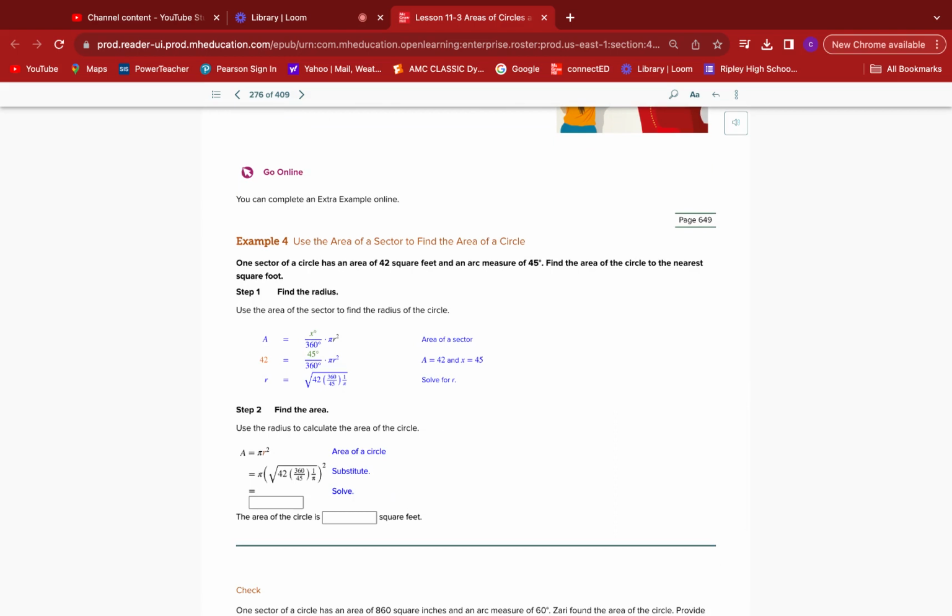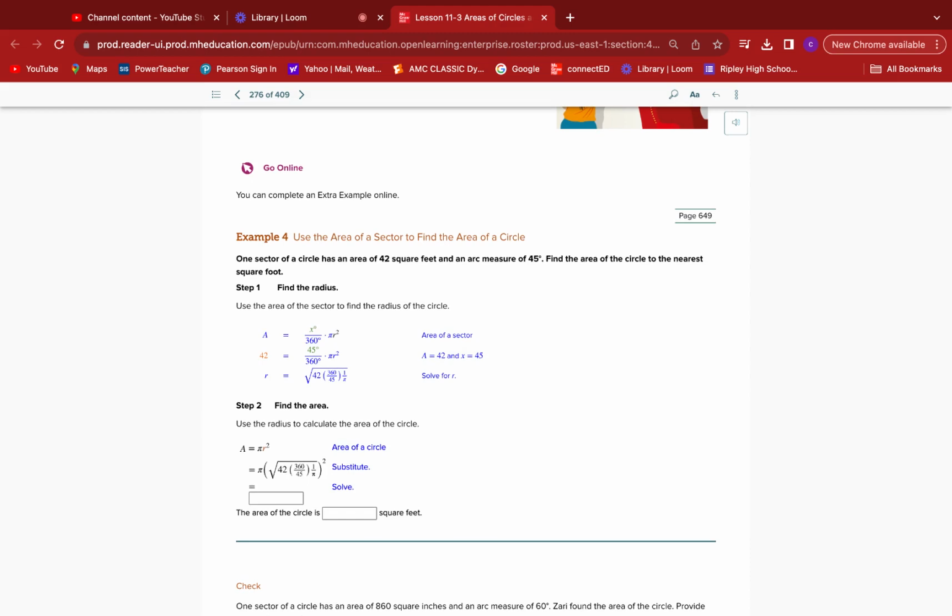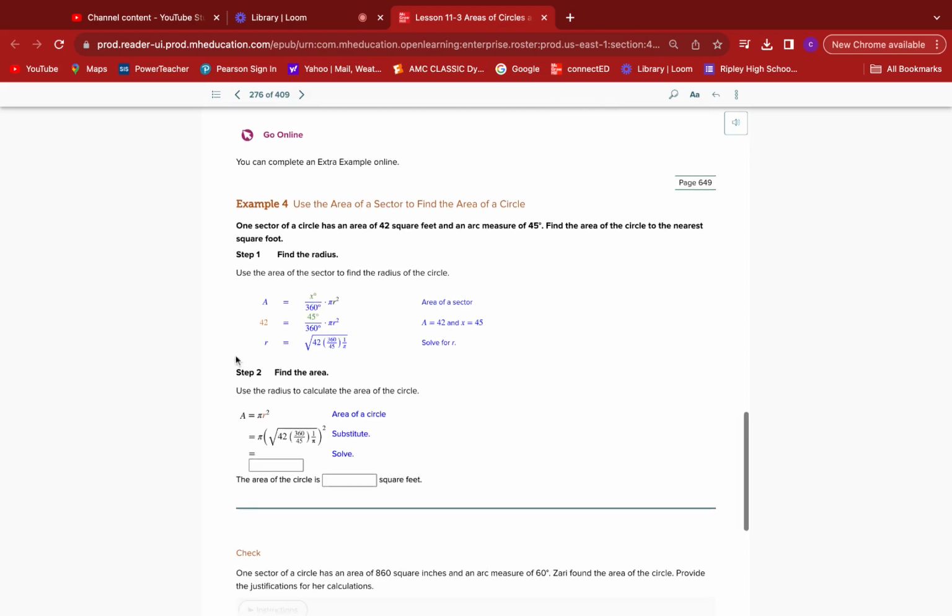All right, using the area of the sector to find the area of a circle. All right. One sector of a circle has an area of 42 square feet and an arc that measures 45. That means that's going to be your x right there, 45 over 360. Find the area of the circle to the nearest square foot. All right, they give us steps. Love it. All right, so the formula is A equals the angle, which is your 45 over 360 times pi